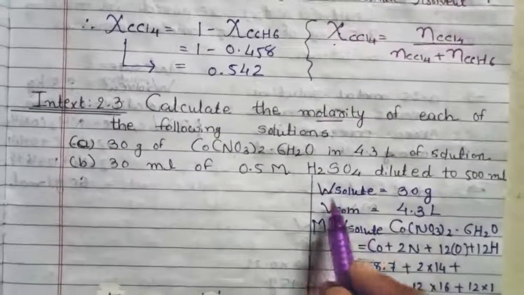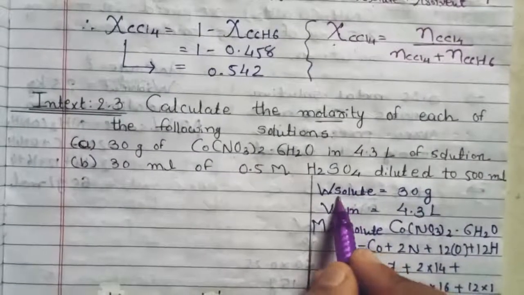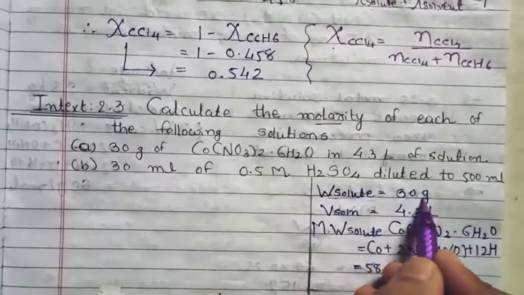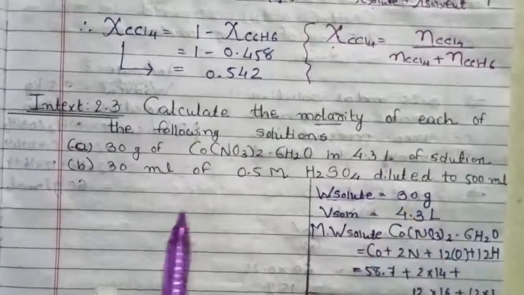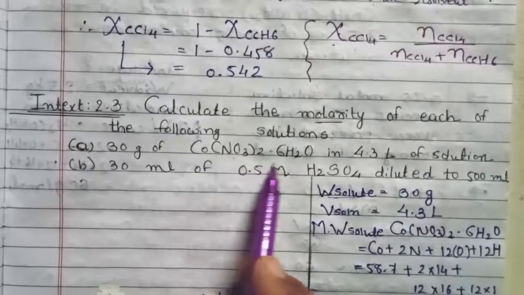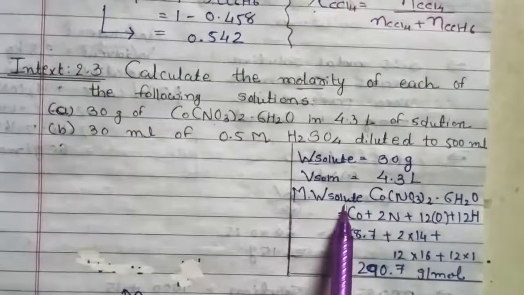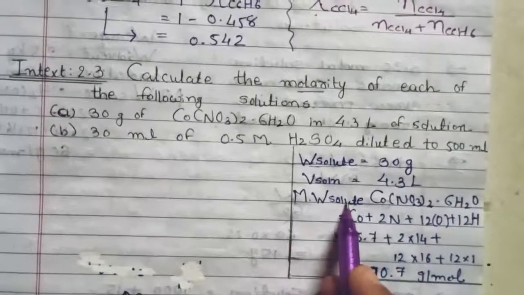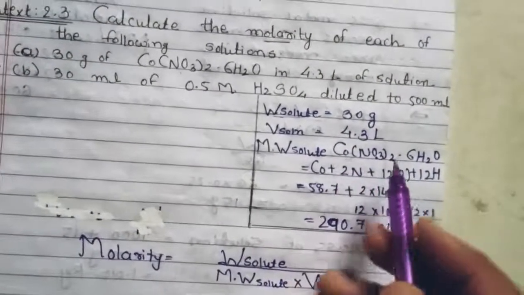Okay, so for the first question the given thing is mass of solute which is 30 gram, volume of solution which is 4.3 liter. Right, here we have the formula for the solute, so we can easily find out the molar mass of that solute. Right, molar mass of that solute will be mass of cobalt plus mass of 2 nitrogen plus यहाँ पे 3